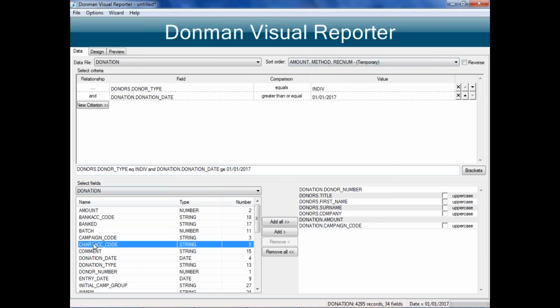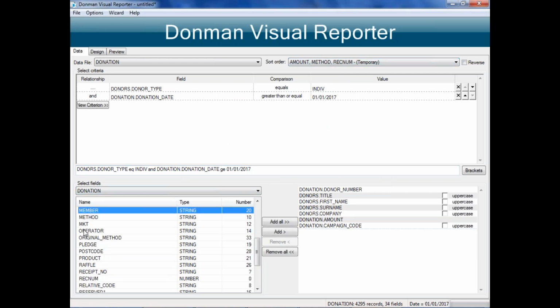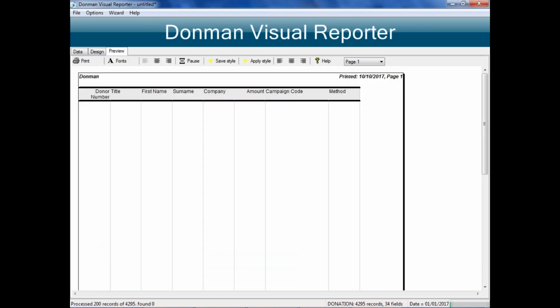So if I go back down here to my fields, yes, I want to output the method. Okay. So if I preview, and we go through it again, you can see now that's added the pay method to here. So depending on what I'm trying to do the report for would dictate how I would do the index. So primarily, if I was trying to do a report that showed all the donations based on the